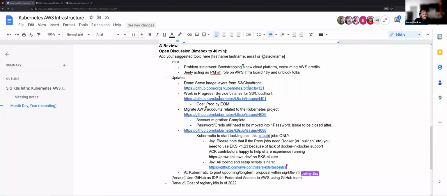Authentication is the most difficult part. Authorization is something else, but we should focus on authentication. How, using my GitHub identity, can I authenticate on an AWS account and basically do actions, how is that happening? I need to put that in some kind of GitHub issue and try to better express what I'm trying to say. It's a long conversation, so we don't have to discuss all of this now, but just put it there.